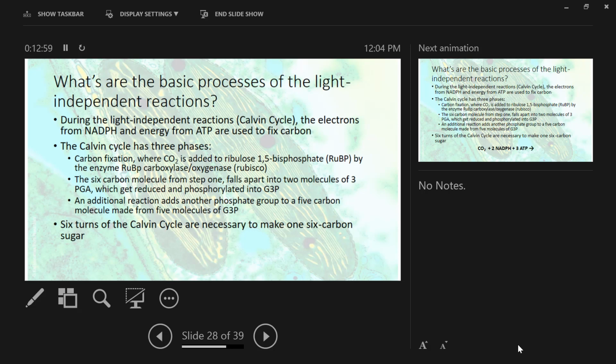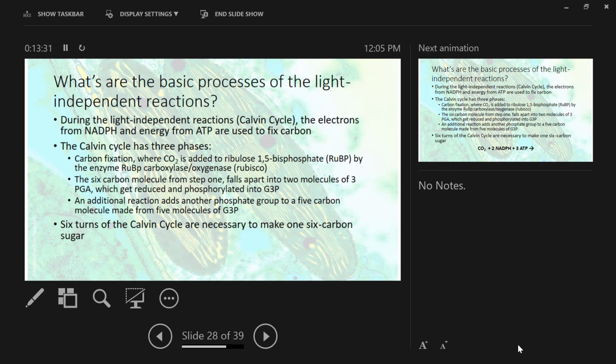Some of you on your quiz picked up on that you have to do this multiple times, but some of you wrote you have to do this 6 times to get 1 molecule of G3P. This is not true. And you don't have to do this 3 times to fix 1 carbon. You do it once to fix 1 carbon. You just have to do it 6 times to fix enough carbon to actually get the equivalent of a sugar. So if you do this 3 times,